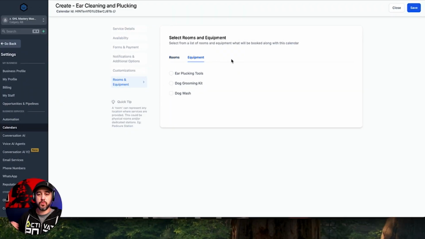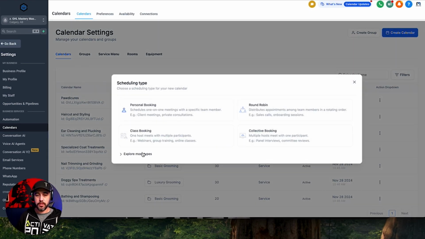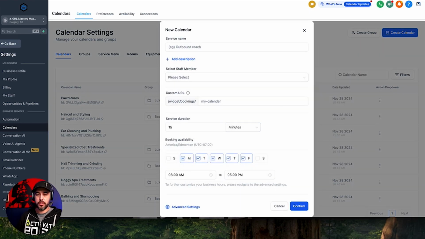What equipment is required for this job? So obviously the ear plucking tools are required. So we're going to go ahead and click save. And that is our ear cleaning and plucking product. Now I'm going to go and do this all over again, because we're going to create the other service that we want to do. So we're going to do service booking calendar again,